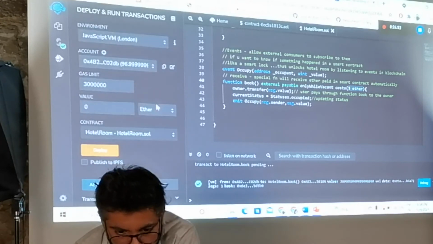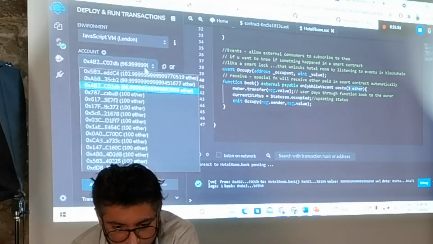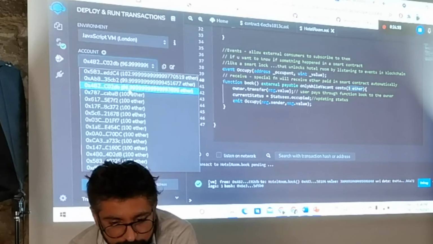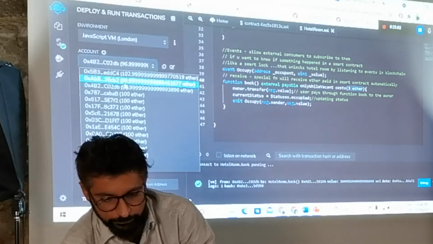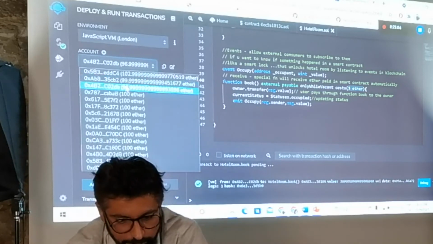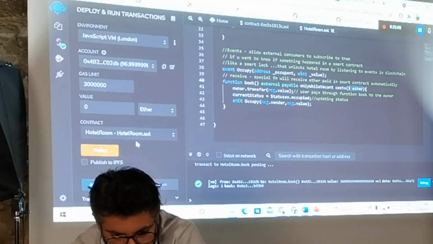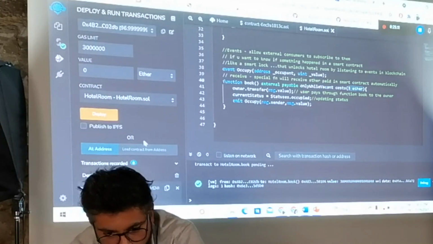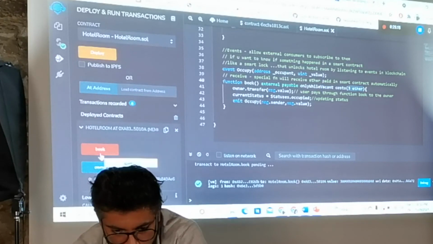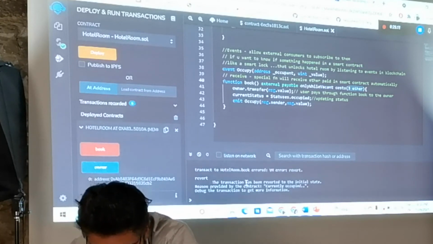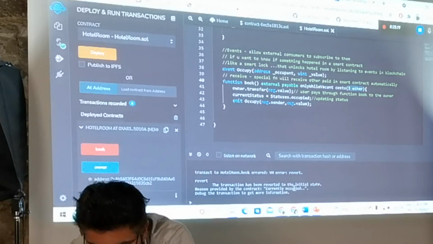When I was using this account, it had 100 ether, so the 3 ether has gone from this account to the other account. Whenever this transaction happened, the 3 ether went from the third account to the second account. Now if I try to book it again, because the room has been occupied, it should show that it is currently occupied because the room has been booked.